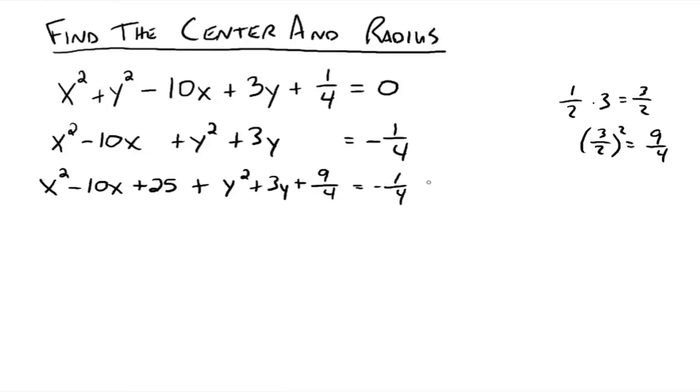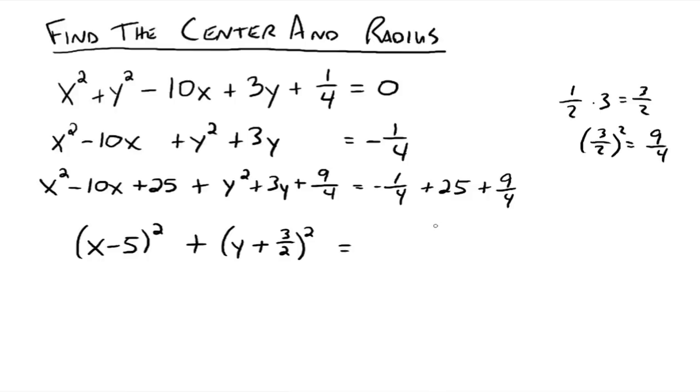Right? And don't forget to add 25 to the other side, and don't forget to add 9/4 to the other side. Right? So we added the same thing to both sides. Now, this automatically makes these first 3 terms factor into x minus 5 squared plus, alright, the next 3 terms, they factor into the letter you're playing with, the sign of the middle term, and what did we square to get 9/4? Well, we squared 3/2. So y plus 3/2